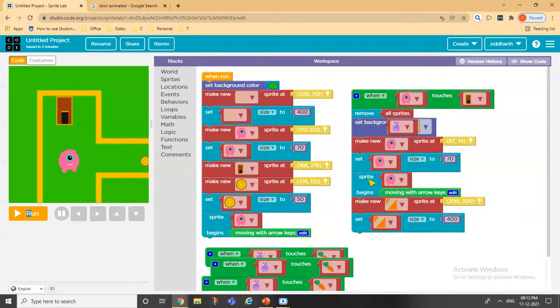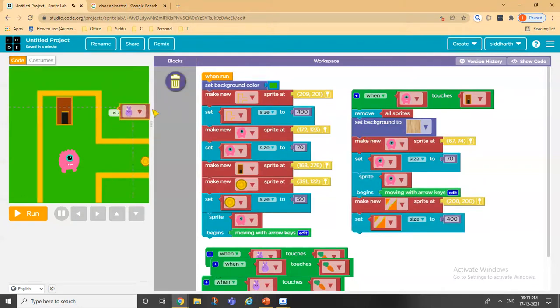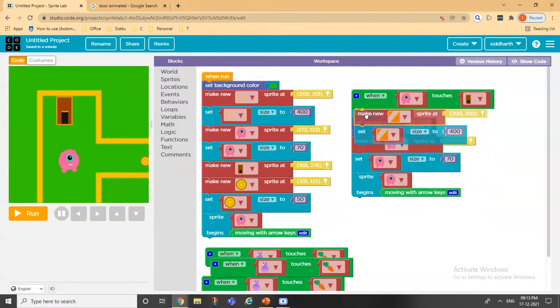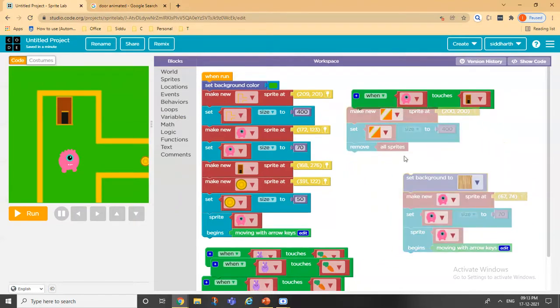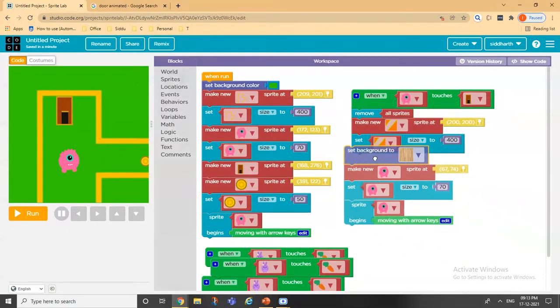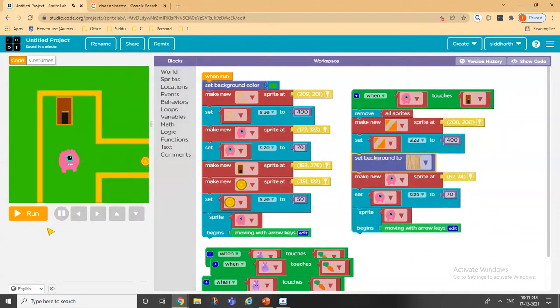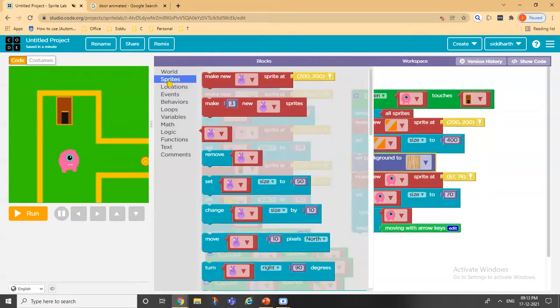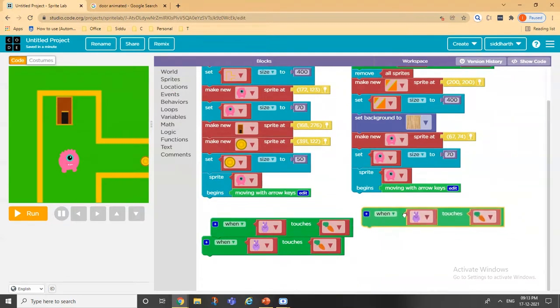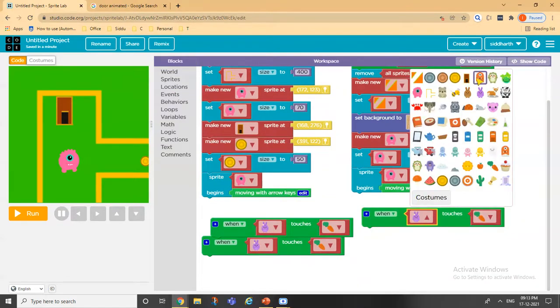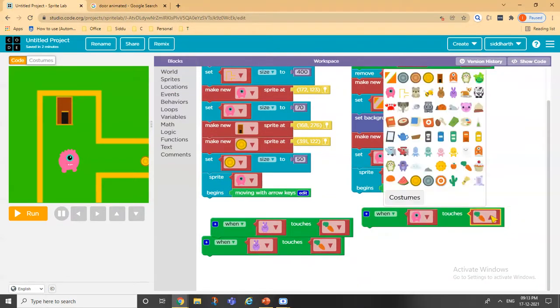And after that, we can put all this here. After remove sprites, yeah. Now we have to go to sprite again. We can drop this here, when our alien touches the orange,